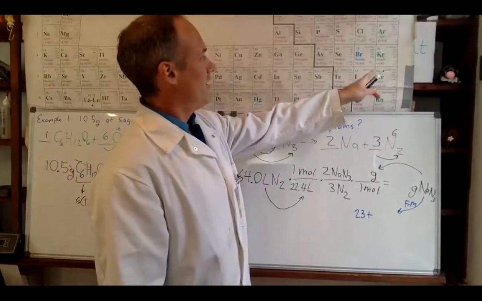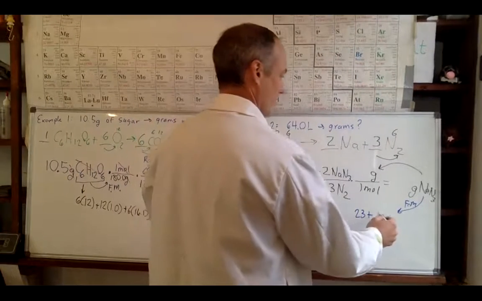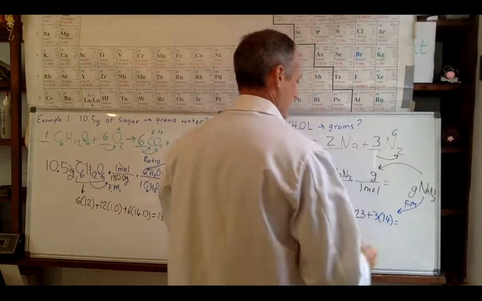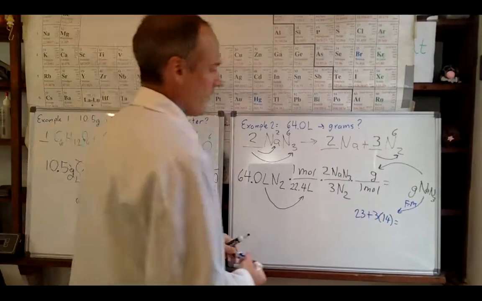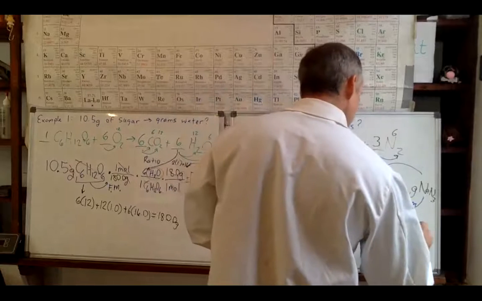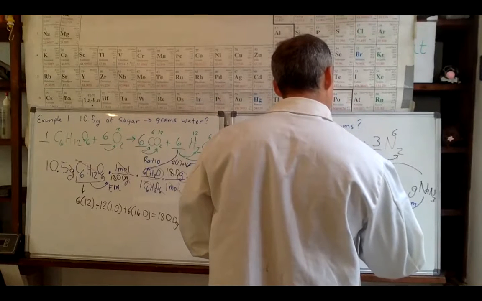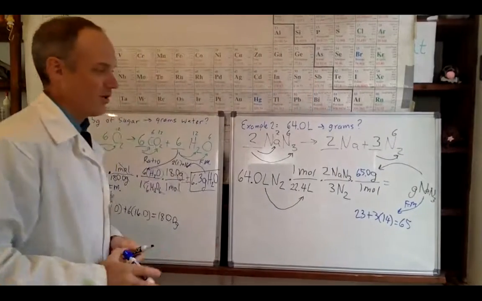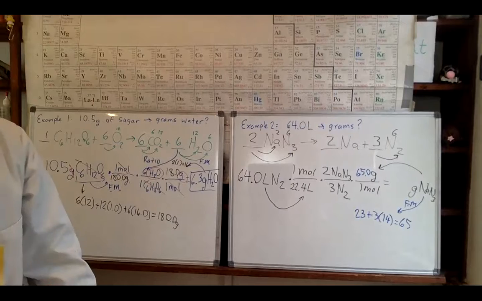Nitrogen is right there, 14. So we're going to do 3 times 14. And we'll add that up together. That's 65. Okay, so we have 65 grams for the formula mass for sodium azide, and we should be all set to